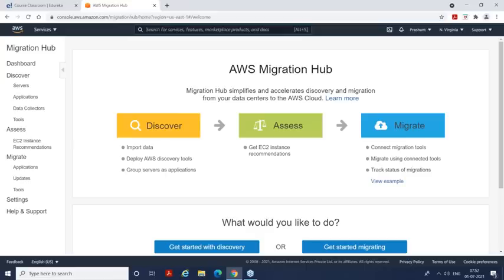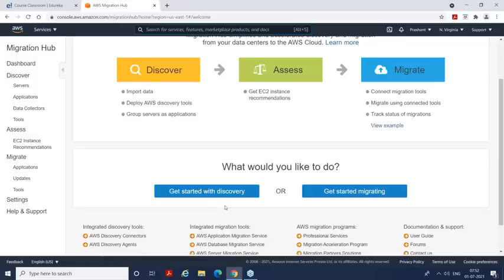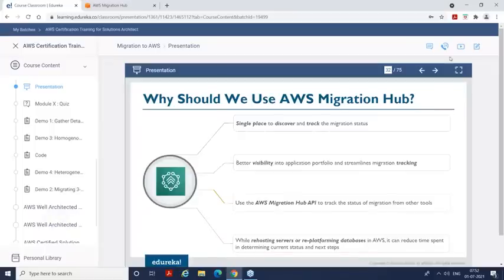It does support integration with some third-party tools. So if you're using a third-party tool to perform migration, you can integrate with AWS to check the status on this unified window. It goes with two approaches: get started with discovery or get started migrating. We'll try to understand that also.